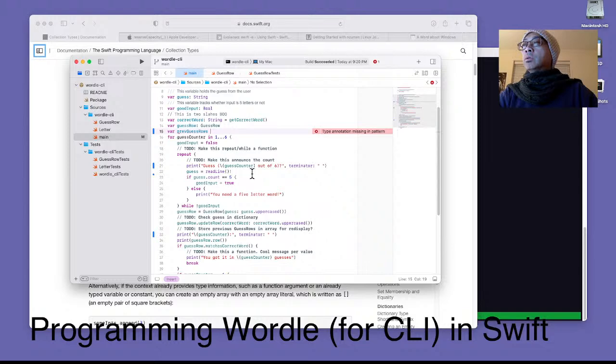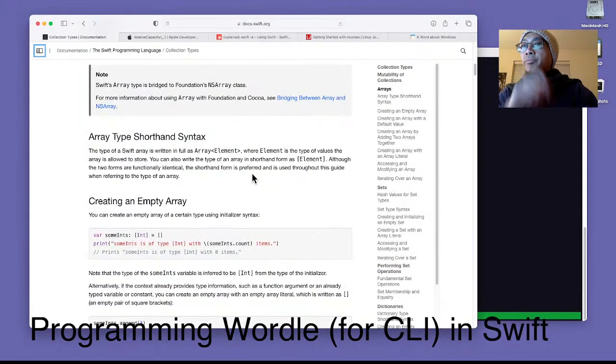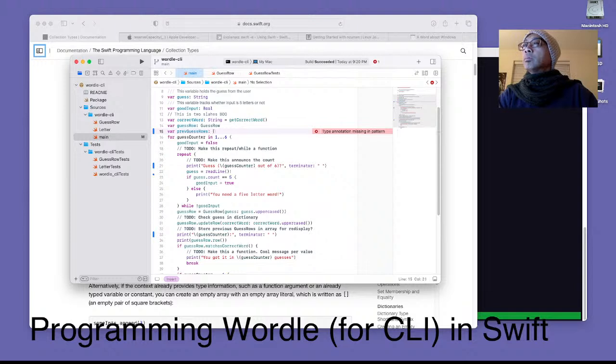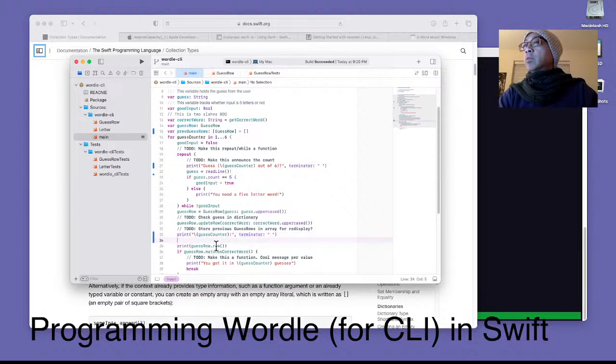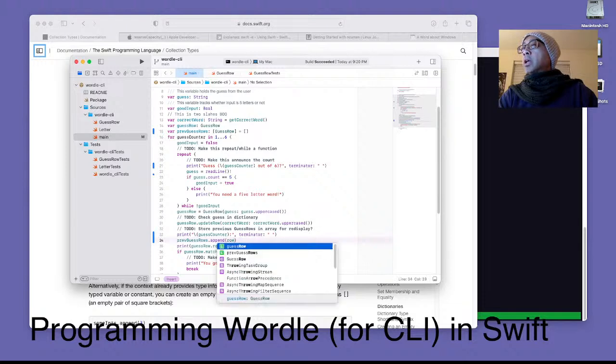But apparently I don't need to declare that count anywhere. So the prev guess rows is here, and I'm going to store the previous guess row, print and terminator, and I'm going to say we just do it right here. So this print will be done right in the guess. What I mean by that is I'm going to say prev guess rows append row. It's going to be in there,